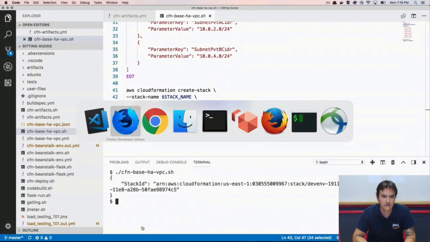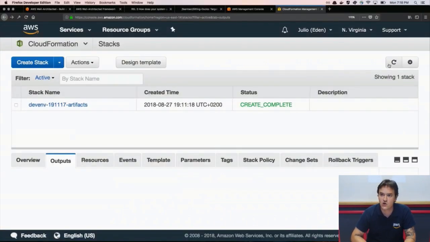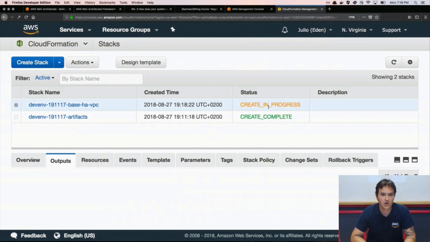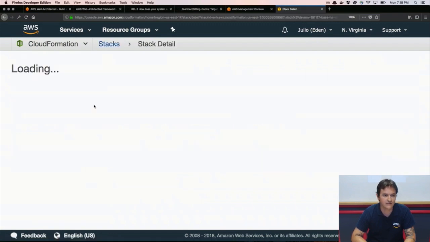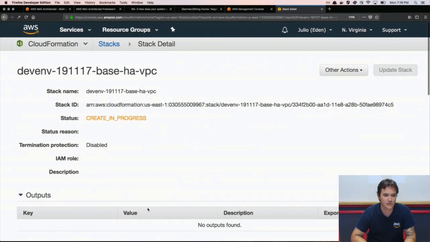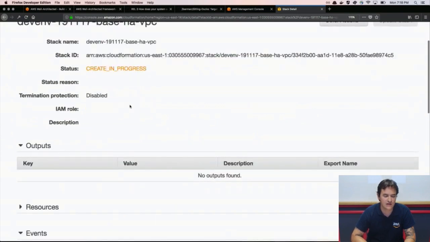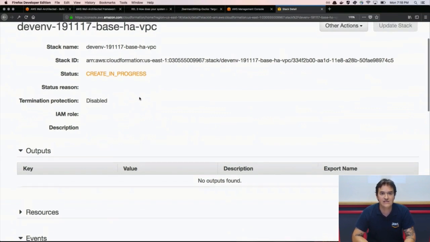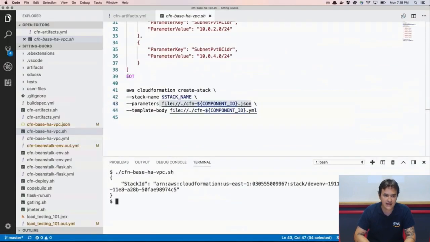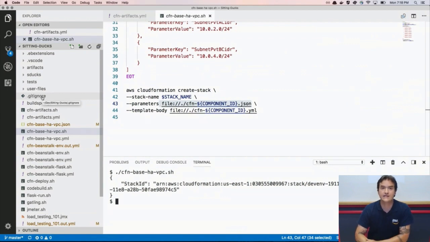And if we take a look at the CloudFormation console, we can see that it's already being created. And if we take a look at the resources, oh, here is too big for the screen, but we will soon be able to see the outputs, everything that this template has created. So actually, we don't need to wait for this to happen for the next step, because the next thing is our